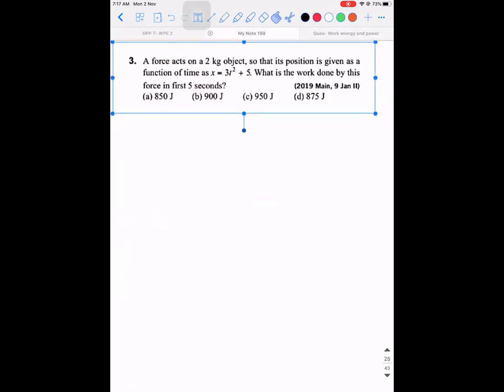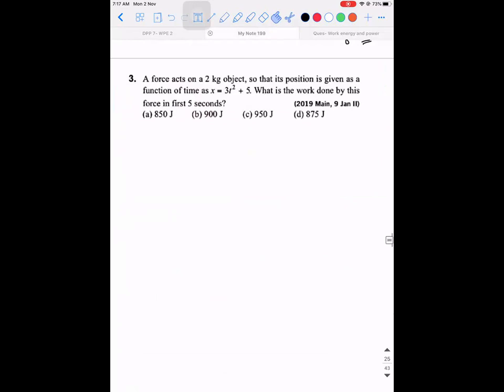So read it. A force acts on a 2 kilogram block so that its position is given as a function of time, x is equal to 3t square plus 5. What is the work done by the force in the first 5 seconds? See, generally we call the force a variable when it is a function of time, no. The force is a function of